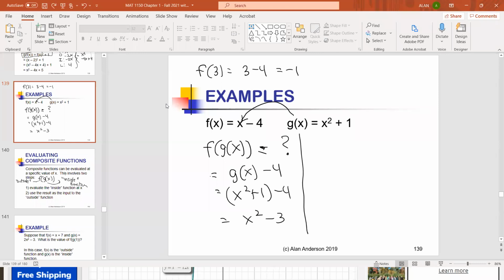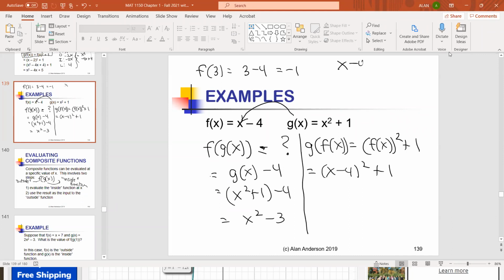So let's try the other case. Let's try g of f of x. What I'm going to do is replace the x squared, not with a constant, but with f of x. So then I'll end up with x minus 4 squared plus 1. And if you want to do a quick FOIL here,